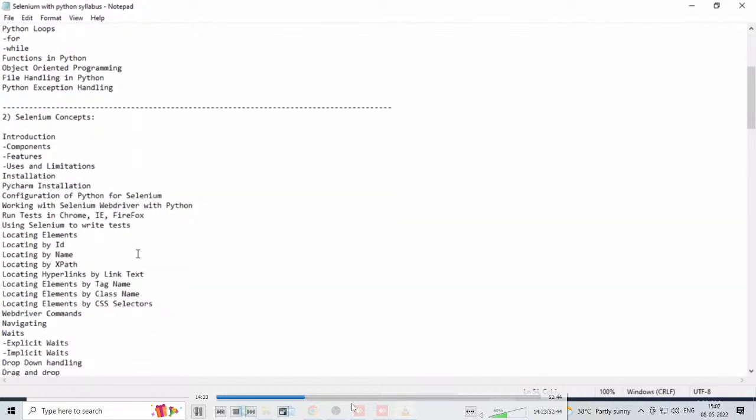So what are Selenium concepts? Selenium concepts are all the UI components which are required for automation. See, if I want to automate any application, what do I need to do? I have the Flipkart application, and I want to automate it. So what is meant by automation? Whatever activity you do manually. So if I want to buy any product, what I do is,